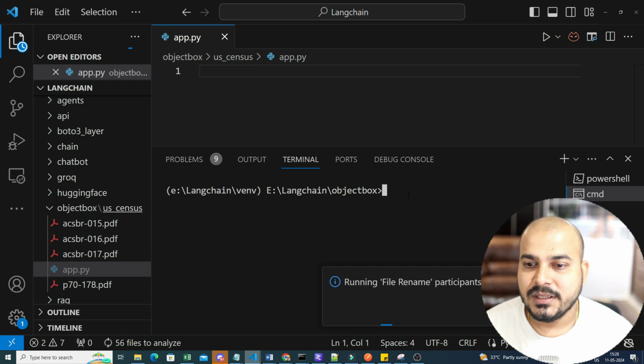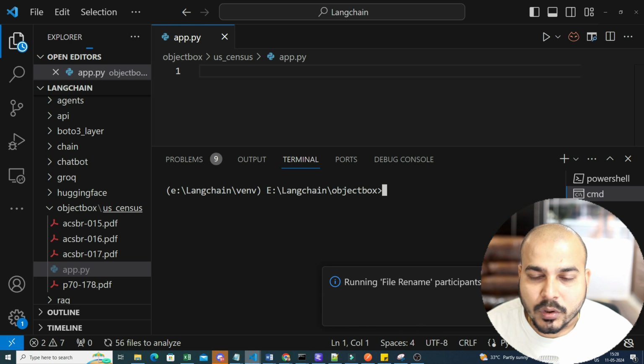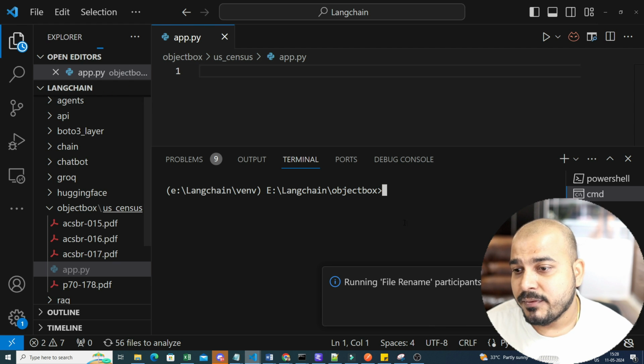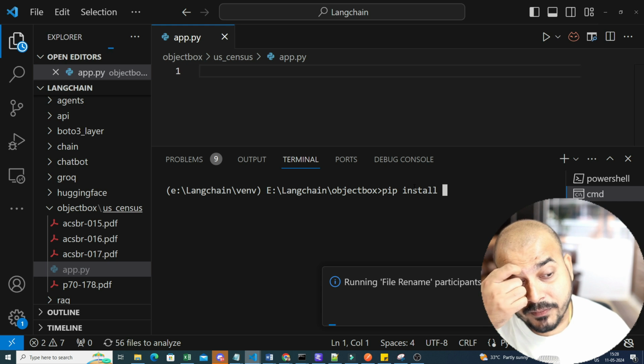Over here, you'll be able to see that. Just go to the specific environment that you are actually working in. And then we will go ahead and import the library that is required for the object box. Okay, so the first step over here, let me quickly go ahead and write, is nothing but pip install,